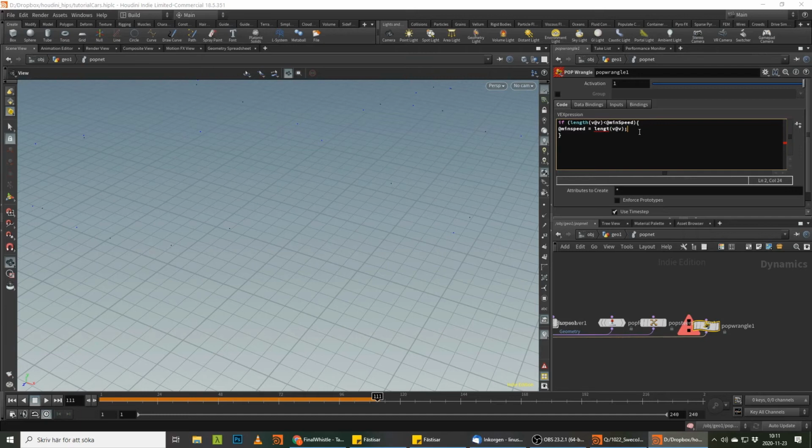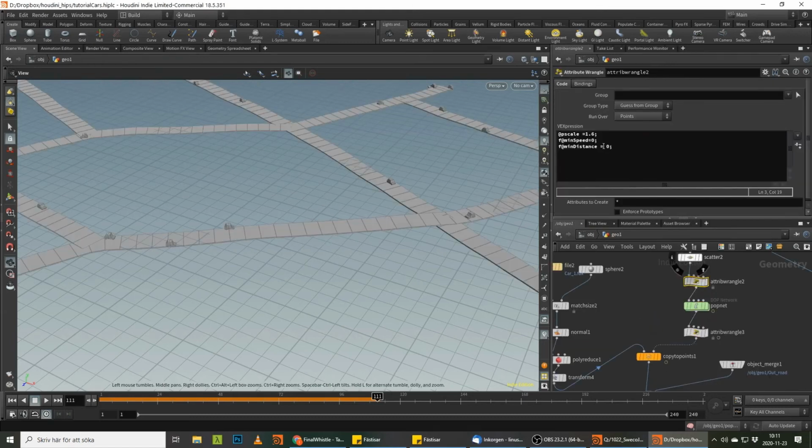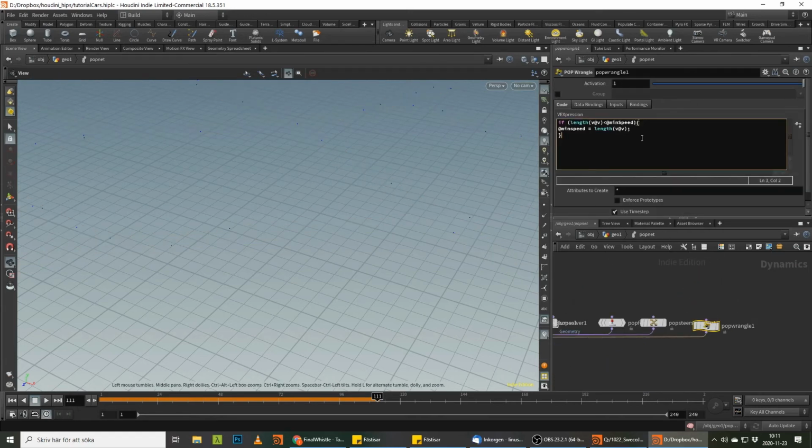So what we're going to do, can I write correctly here? What we're going to do is say that the min speed to start off with is like 100 or something, 1000. And min distance we should say is like 1000 as well. So we have a high number there, to always overwrite it on the first frames. You could also do if frame is equal to 1, then min speed is equal to the length of velocity. Well, anyway, we're also going to check